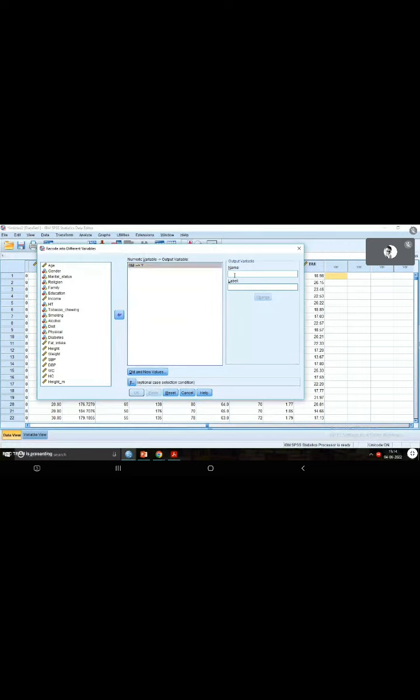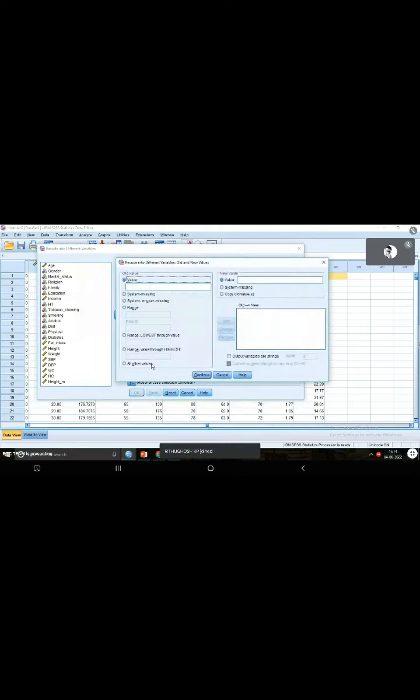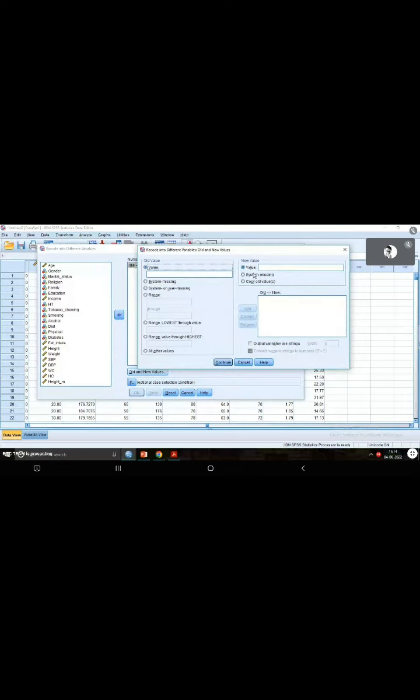Okay. And here again, you're creating a new variable, so you have to specify a name for that variable. So I'm saying BMI category or BMI cat. Once you have given this name, you have to click on this option, Change. Once you have clicked on Change, go to the option Old and New Values. This is where you have to specify to the software between what range to what range of BMI is normal, between what range to what range it is abnormal, obese, overweight or underweight. This is where you have to specify.